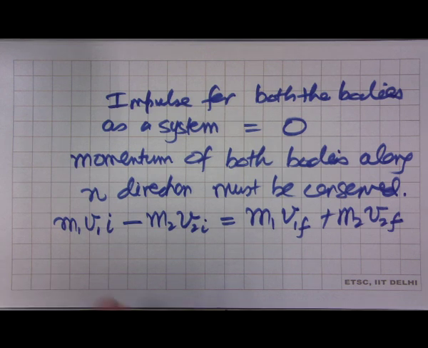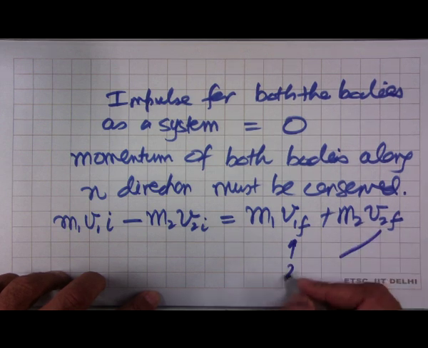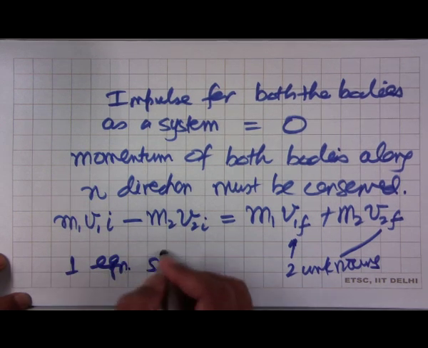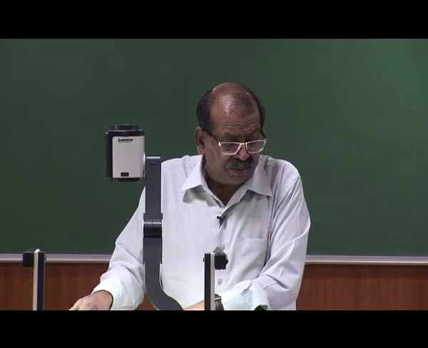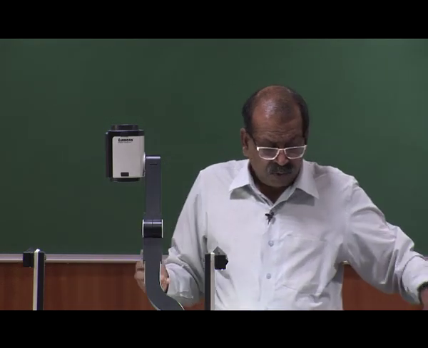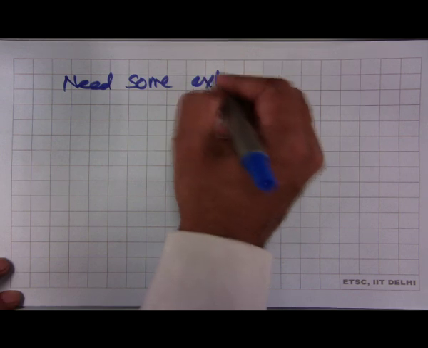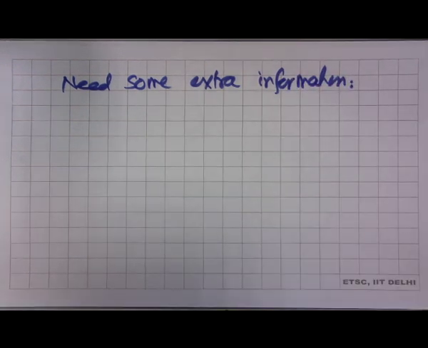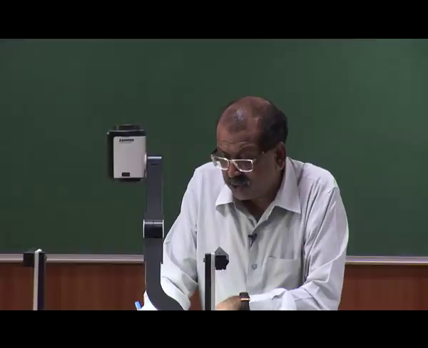And once again we find this is just one equation and there are two unknowns. So, these are the two unknowns and there is one equation. So, we are one equation short. And typically in these problems when we are one equation short, we need some extra information. And this extra information comes in the fact that, and we will generalize this, but most of the time when you start off doing this, we say,